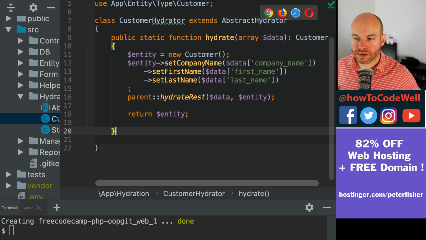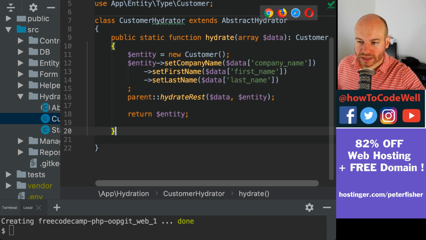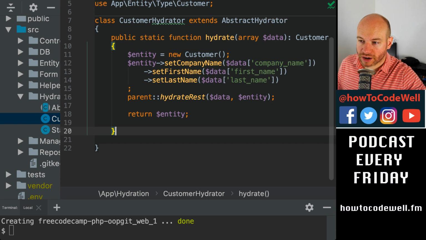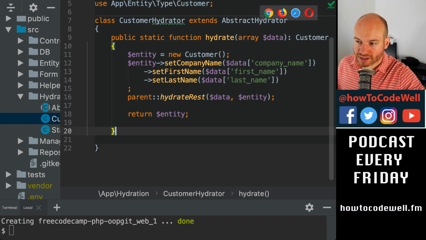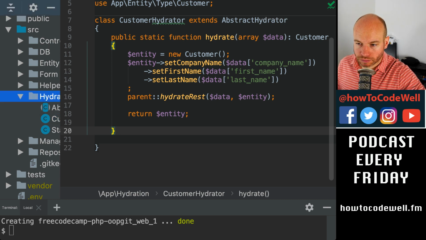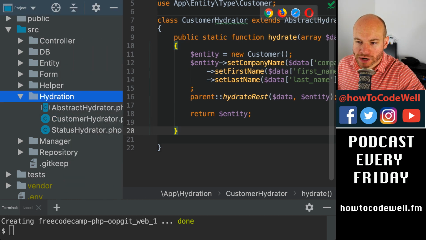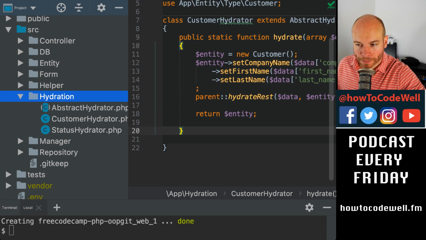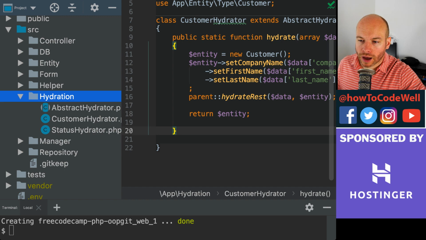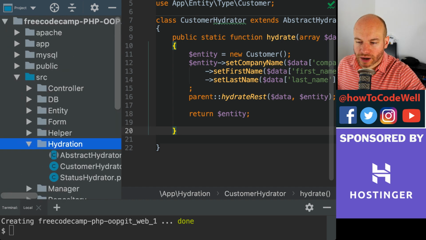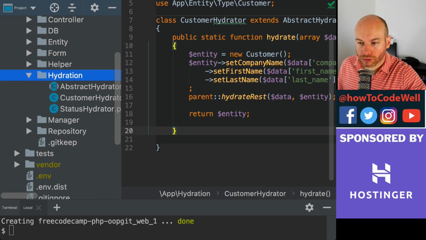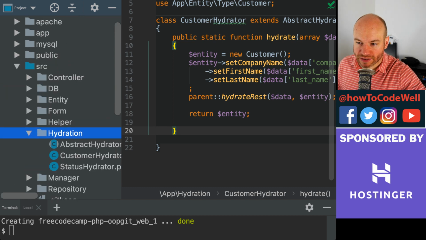Now, we'll work through them as a standalone thing first. So we'll create the hydrators like this for each one of those things. The trouble comes when I want to hydrate the customer entity from the invoice. So, for example, when I do a select all from invoice where ID is equal to 1, or 2, or whatever the ID of the invoice is,